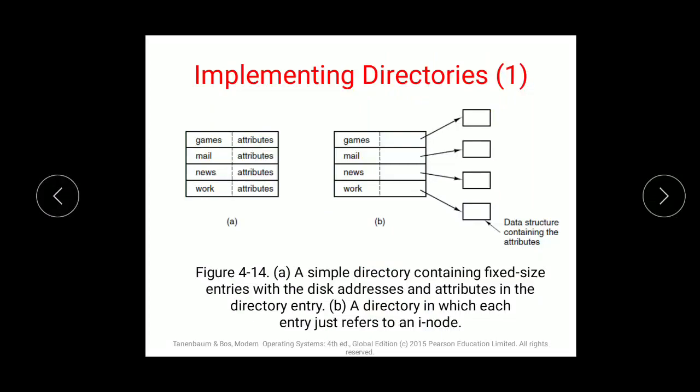As we have discussed in the file allocation methods, the directory entry contains the information needed to find the disk blocks of the file. So the directory entry is very important.